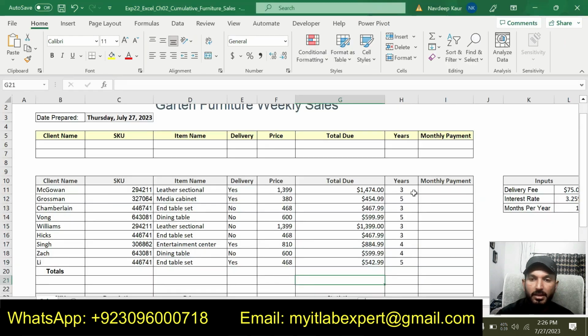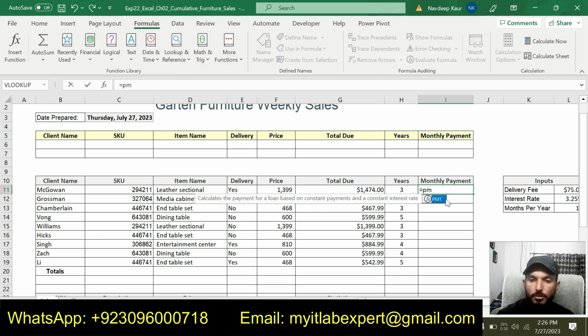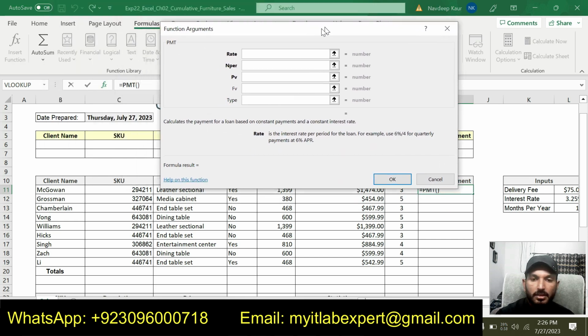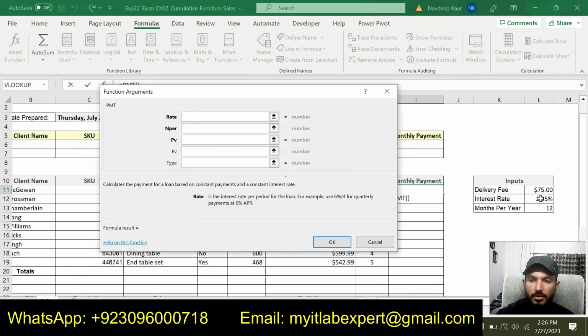So we will move to I11 and we are supposed to use the monthly payment function. We can use it from here or type PMT and it will show the monthly payment function. So now insert this function symbol. Rate: the interest rate is given here, this one. NPER is given here. Present value is also given.